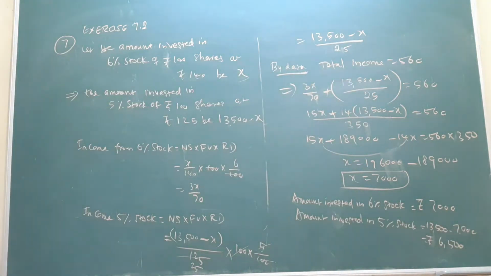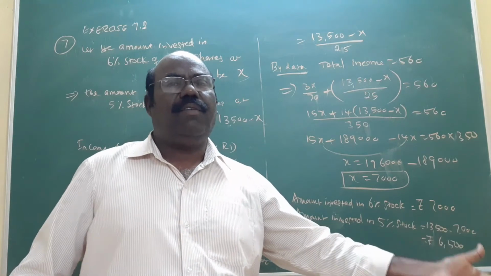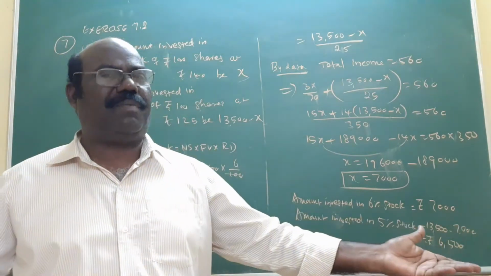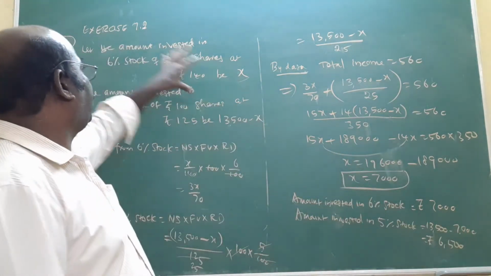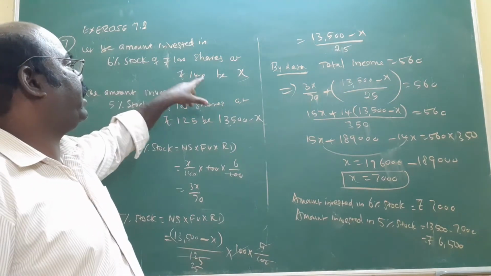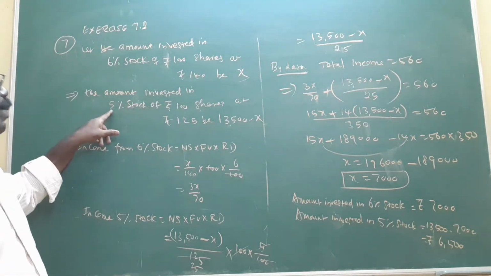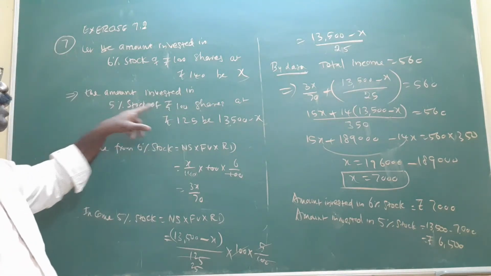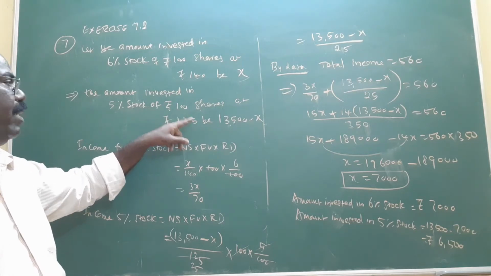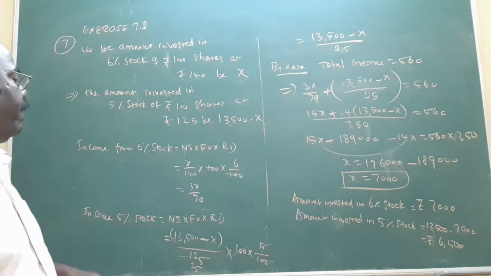Anyway, we have a total amount of 30,500. You want to deposit it in two companies, the first company and the second company. The first company gives an offer of 6% interest on 100 rupee shares with market value 140. The second company gives an offer of 5% rate of interest, face value 100 and market value 125. Write the formula and substitute the values, we get the answer.